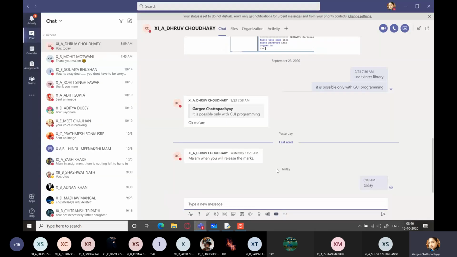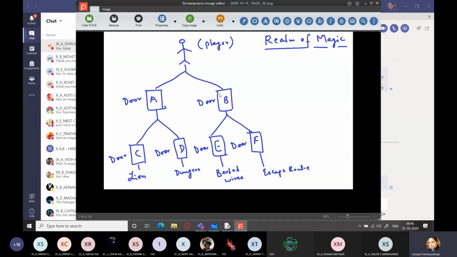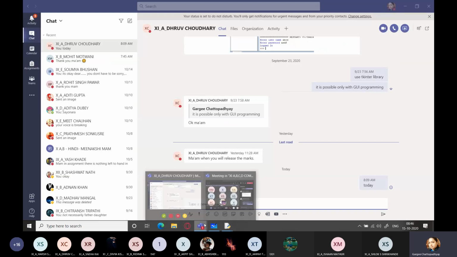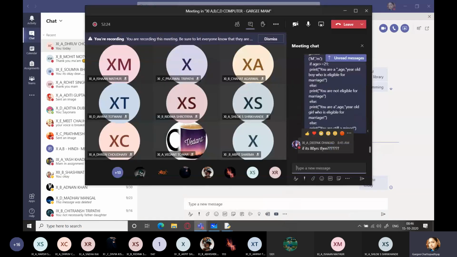Can you do this on your own, students? Can you do this? I'm sending this to you. What you have to do is you have to draw a flowchart first of all. If it's 80 years, yes, Deepak Dhakar, you are eligible for marriage. That's what I told you. People are getting married at the age of 100 also. That's not a big deal. Okay. So I'm just sending this image to you people. Just wait.